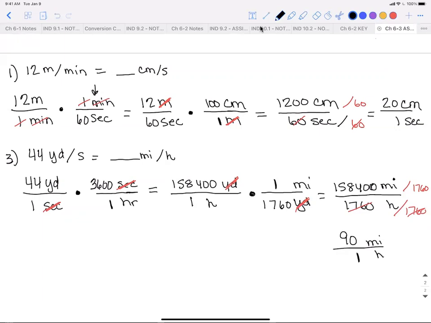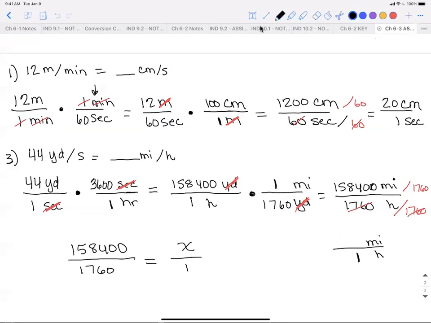Now, I kind of did a shortcut. I want to show you the long work around behind it in case the shortcut doesn't make sense to you, because I saw a few faces. If I'm going from 158,400, and I want it to equal something with a 1 on the bottom, do I know what goes on top yet? That's my unknown, right? Because before I started all this, I didn't know what this number was. That was my unknown. If I put an X here,